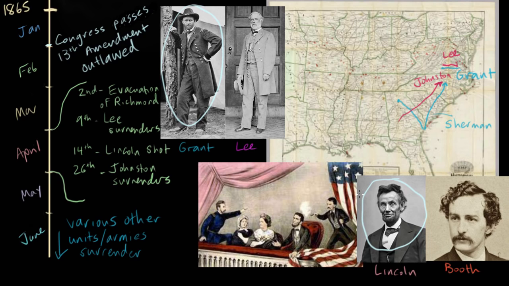And then events take place very quickly. Lee falls back from Richmond to Petersburg, and Grant is kind of marking him the whole time. They retreat across Virginia to the west. Lee's probably heading for Lynchburg, and Grant manages to catch up with him at Appomattox. At first, Lee thinks that he's actually going to fight at Appomattox, and then he realizes he just does not have the men necessary. So he invites Grant to come and have a parley for surrender, and they meet.